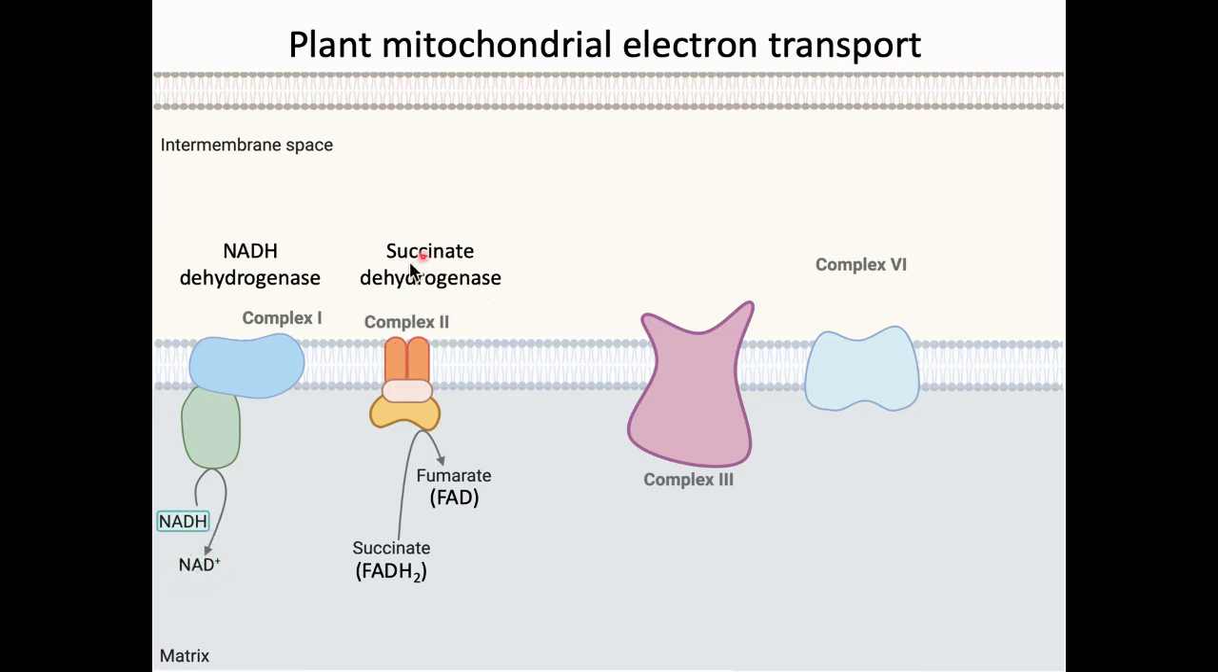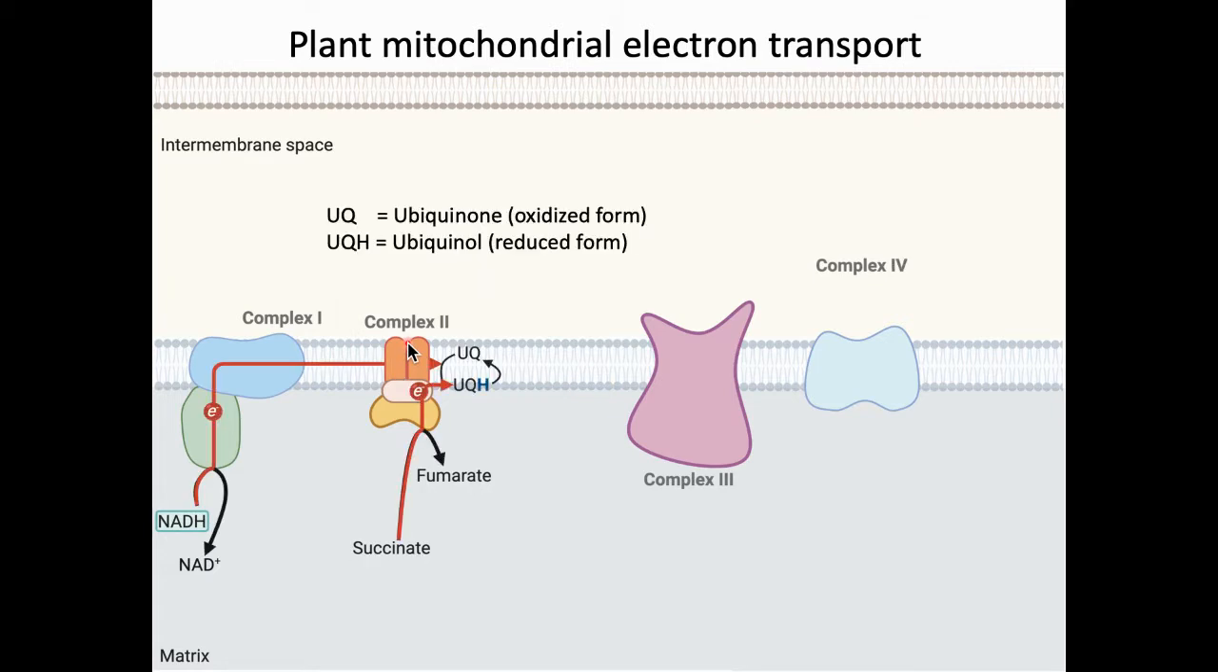Complex 2 is the succinate dehydrogenase. It can catalyze the reaction of transferring electrons from succinate to fumarate to produce FADH2 from FAD. Actually, I think I switched the order. Here you will start with FAD and you end up with FADH2 carrying electrons, and electrons from FADH2 will enter complex 2, and those electrons can be both from complex